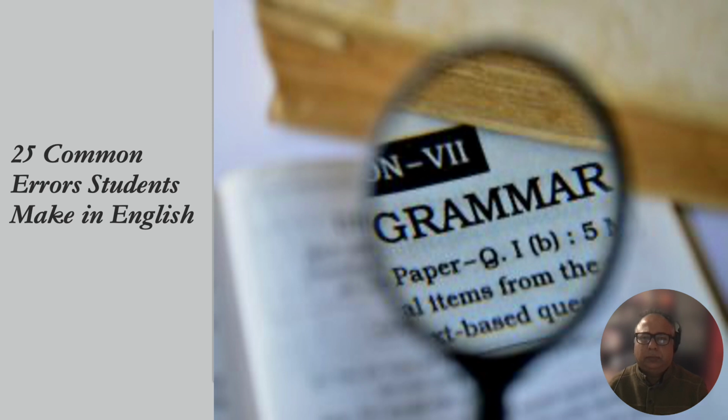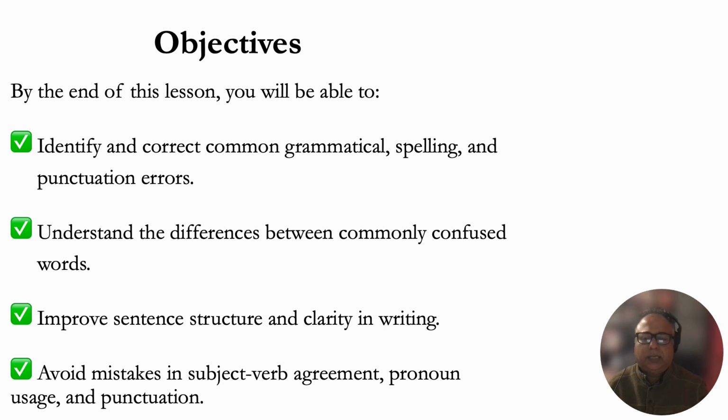This is quite a bit of information for you to process, so go at a slow and easy pace. Maybe retake the lesson once you finish it, and as always, ask questions. So let's begin. Today's objectives are to identify and correct common grammatical errors that students make, understand the differences between commonly confused words, and improve sentence structure and clarity in writing, and avoid mistakes in subject-verb agreement, pronoun usage, and